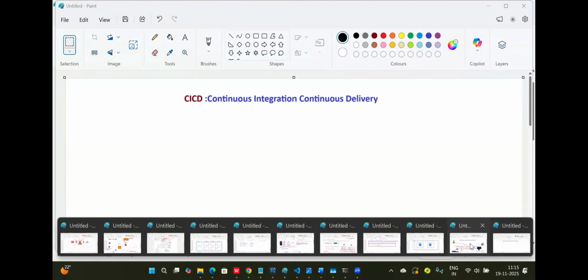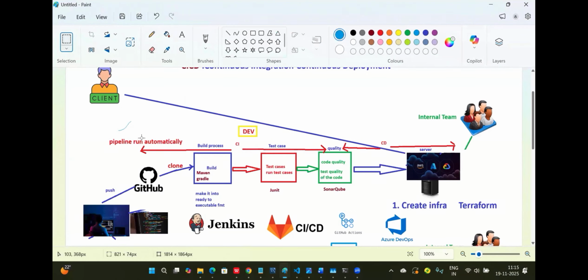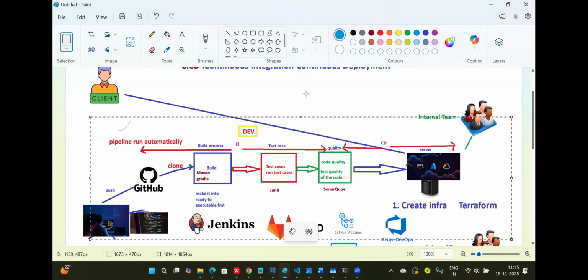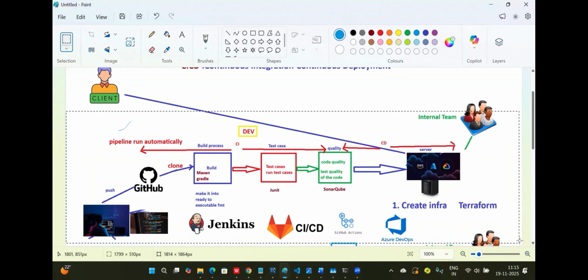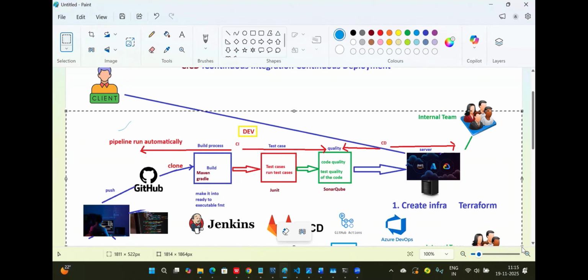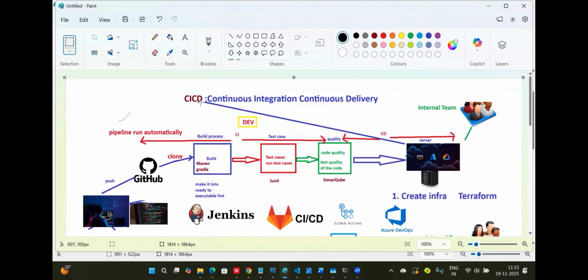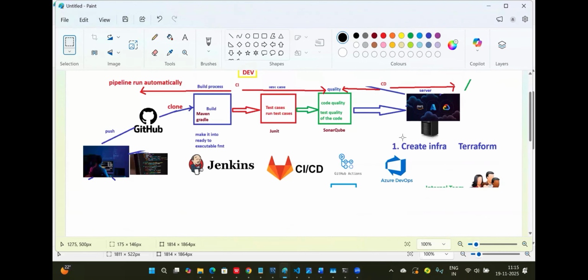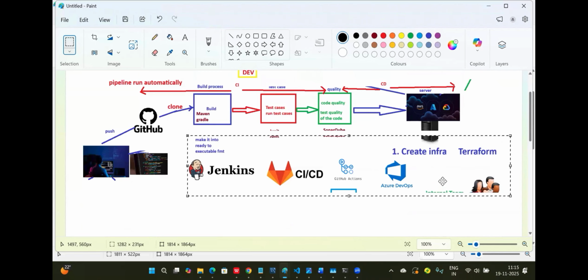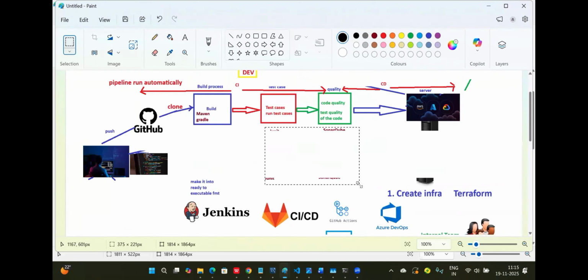Let's take it here. Okay, coming to the delivery perspective. The process is mostly the same, but the difference is here. So what we can do here,